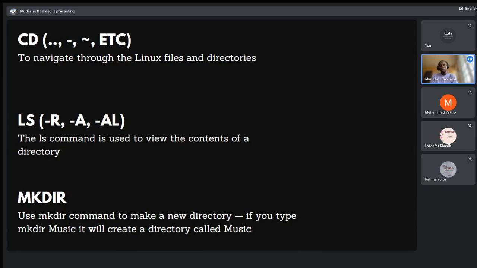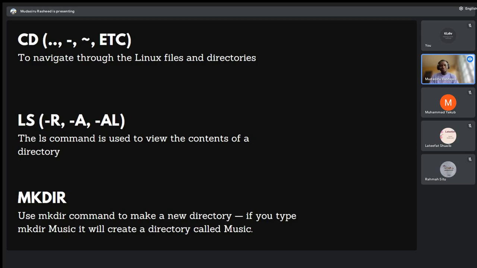Okay, the last command on this screen is make directory. So mkdir is make directory, and basically it's used to make a folder. Like you want to create a particular folder.